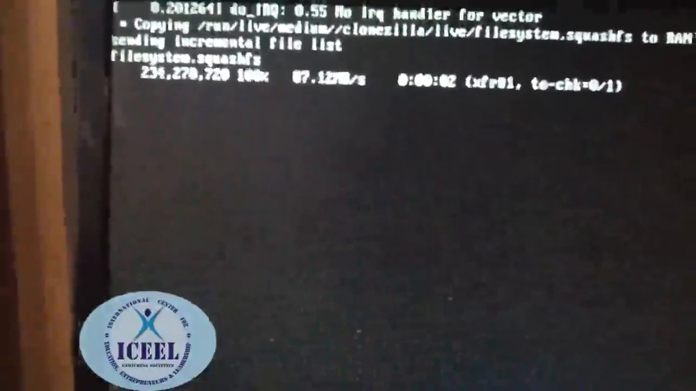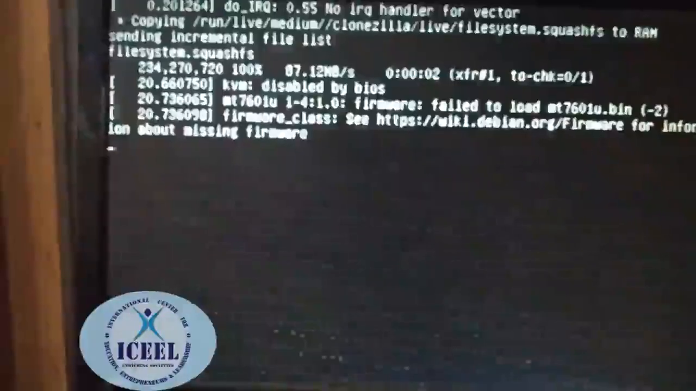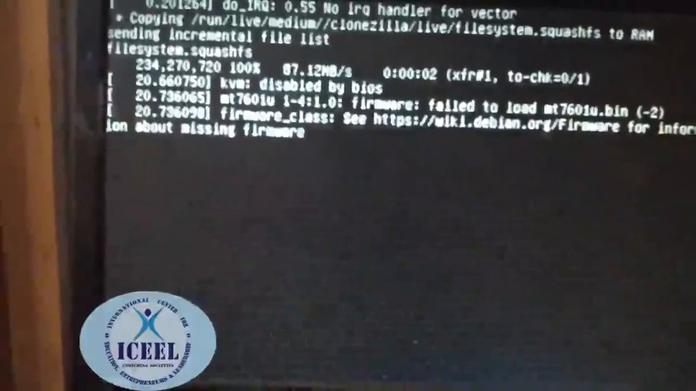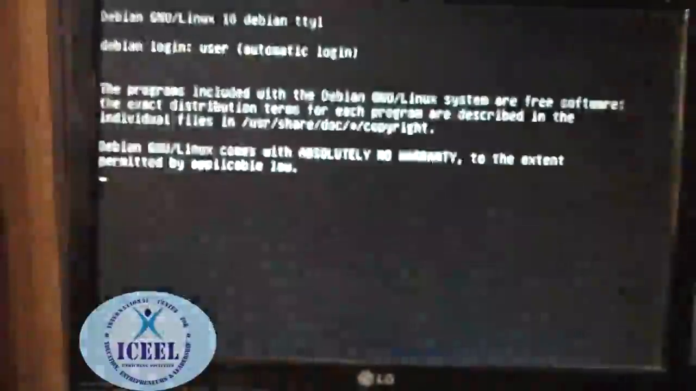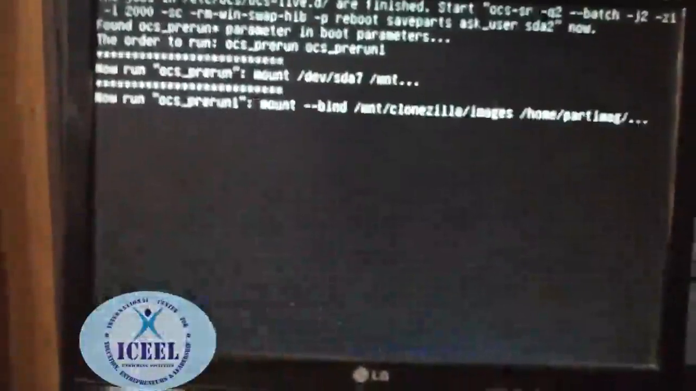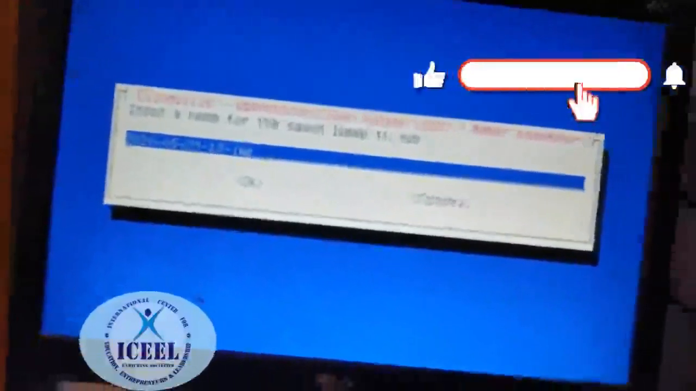Now the long process will start. It will continue. Now the backup image name has been displayed over there. You can see that, right? I have to give a name for my backup image, right? So I'll use a word right now. My son's name,